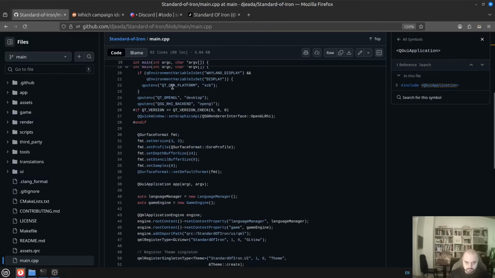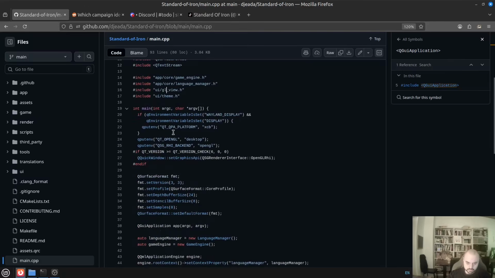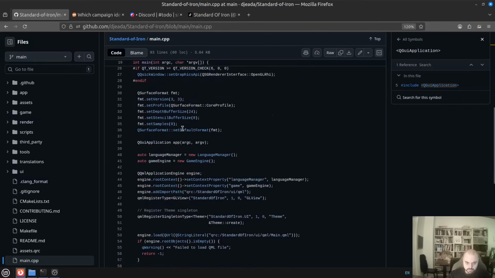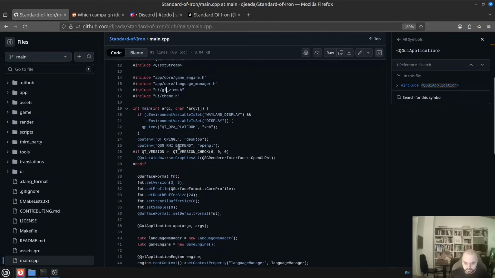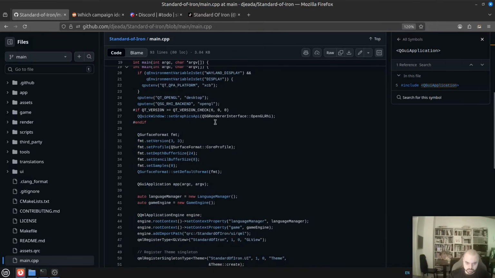First we set some environment variables, and that's not that big of a deal. I think we will have to add some more for Windows and for Mac. So this was mostly tested until now on Linux, and I tested it on two different distributions. One is the one that I'm on right now, Linux Mint, but I also tested it on Manjaro, and it seemed to work. And right now we are moving towards also having a working Windows version. So here some additional stuff may come,